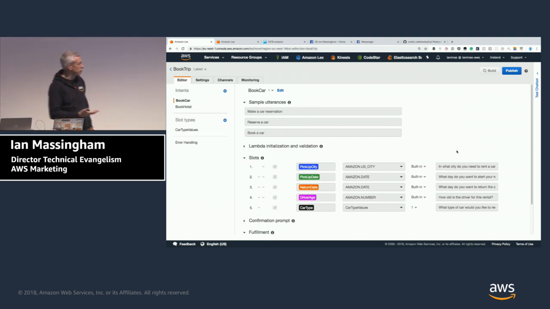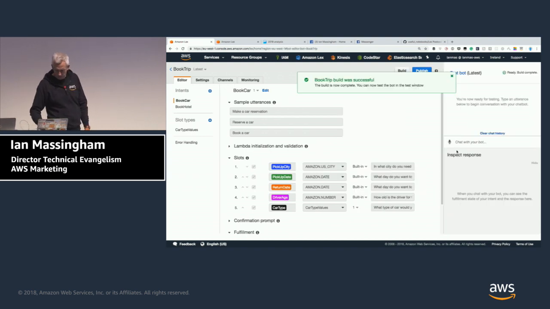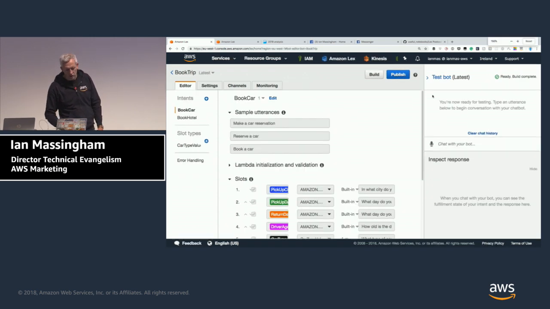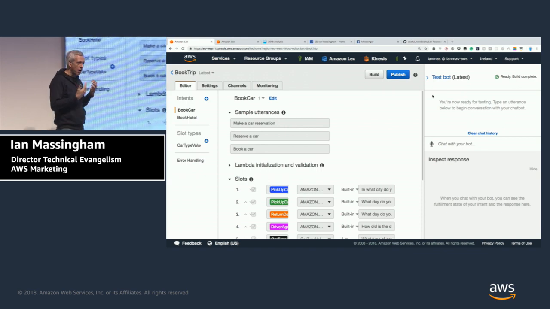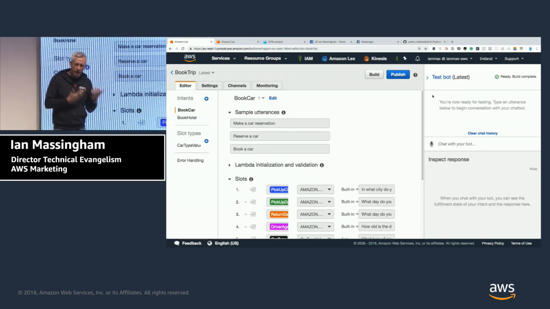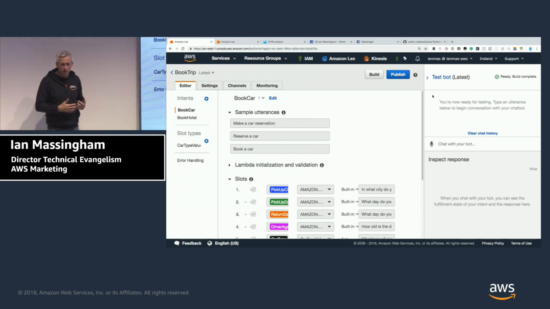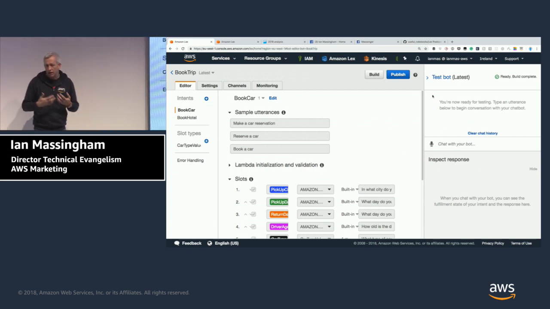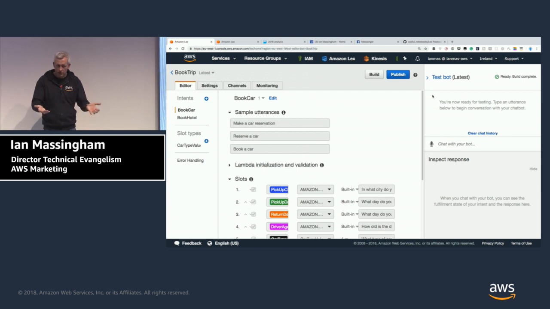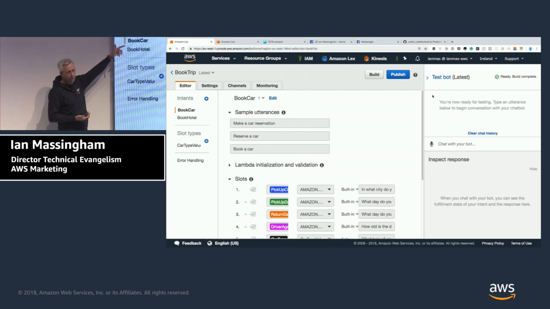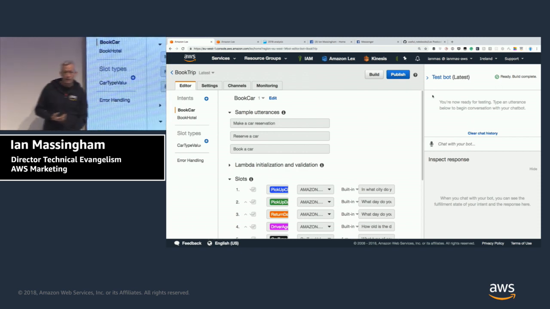Directly in the console here, you should be able to see a few different things. So we've provisioned that. The first thing is sample utterances. These are the training data that is used to prime a classification model for intent resolution, to figure out which of the intents that are supported by my bot I am activating in response to a particular utterance that I will provide. Okay? And you can see there are actually 2 intents available in this sample bot: book a car or book a hotel.